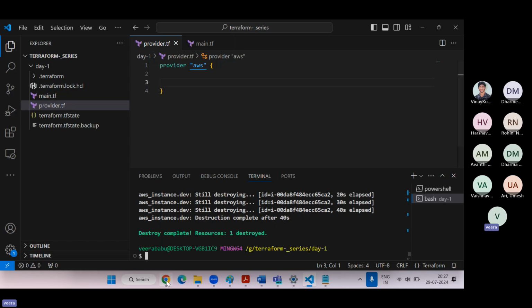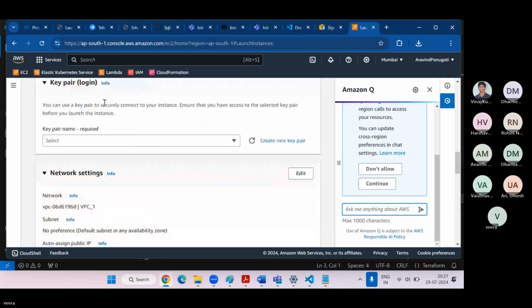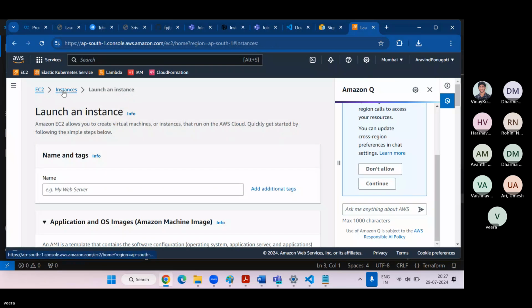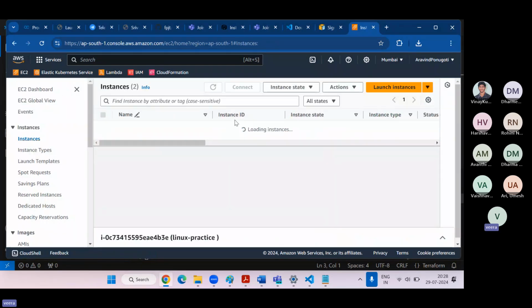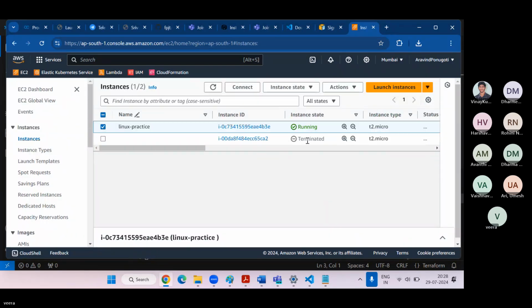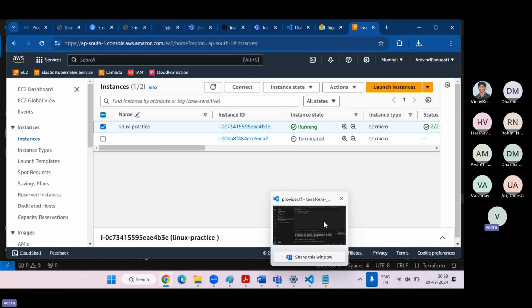Destroyed. Now go and check. Refresh here, terminated. So like this, we can do it. Any resource you can create, AWS IAM, S3, everything we can do. So any questions on this?